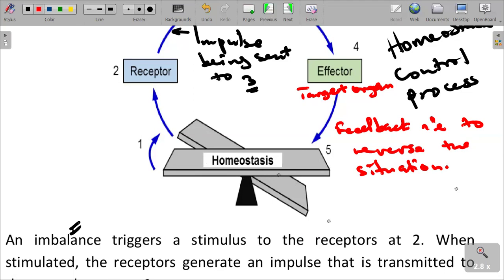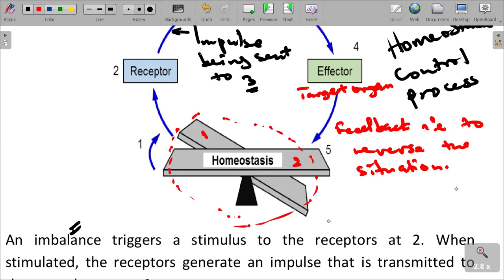As you can see, this diagram is like a seesaw, showing something whereby one side is heavier than the other. But these arms, arm 1 and arm 2, must be equal. They must be at a balance. But right now, because an imbalance has been identified there,